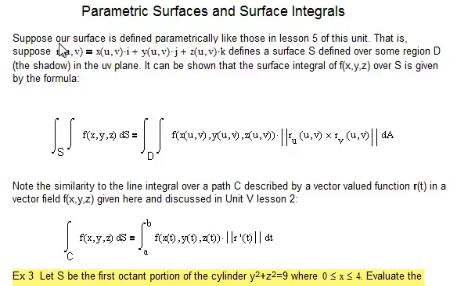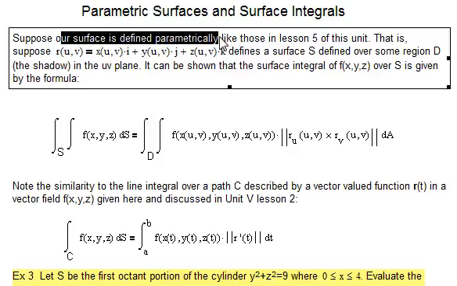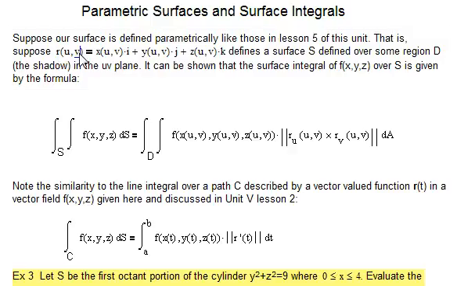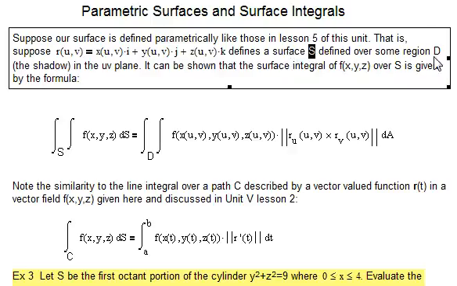Well, suppose we have a surface defined parametrically like those in the preceding lesson, where we had those interesting surfaces defined as vector valued functions, but vector valued functions with two parameters, u and v, multiplying each of the i, j, and k components. So suppose that defines a surface S over some region D, which is the shadow of the surface in the